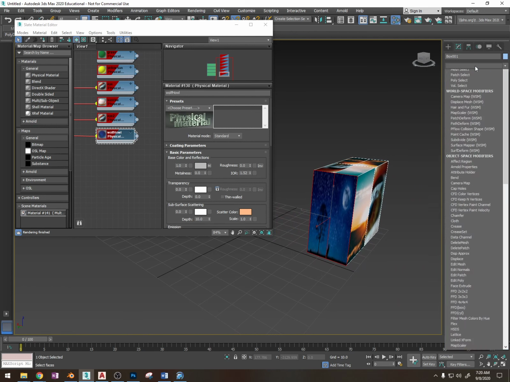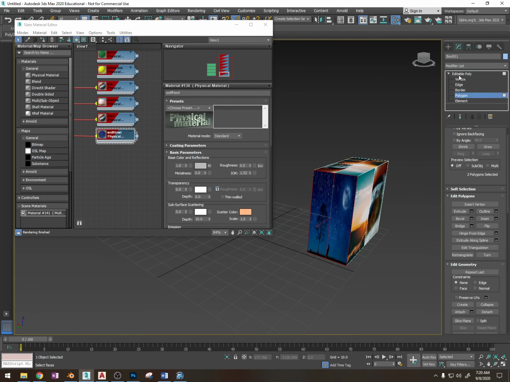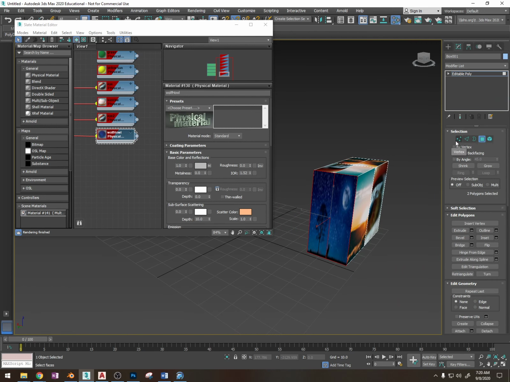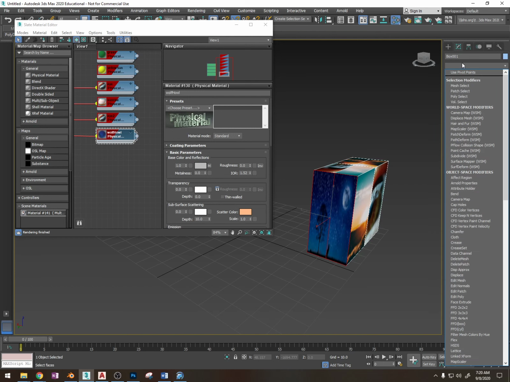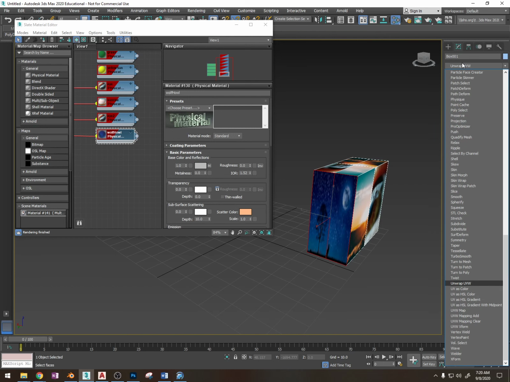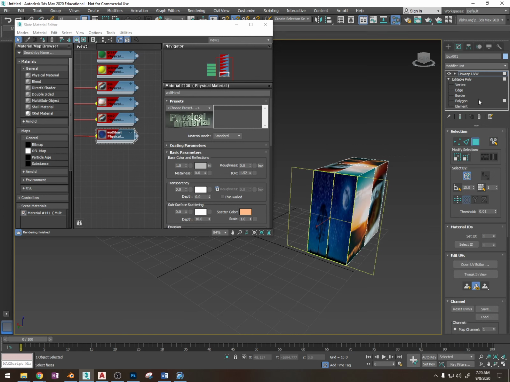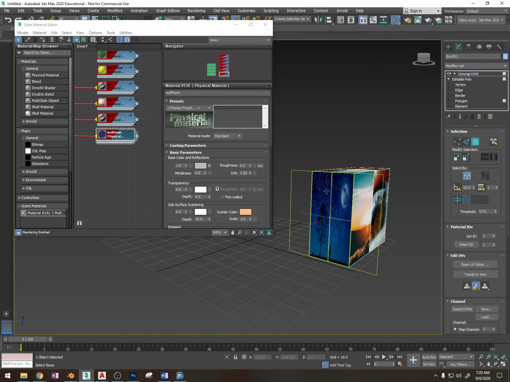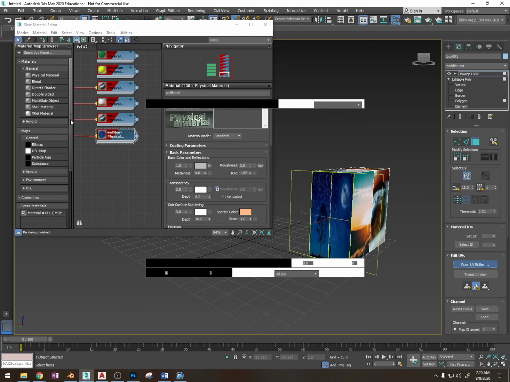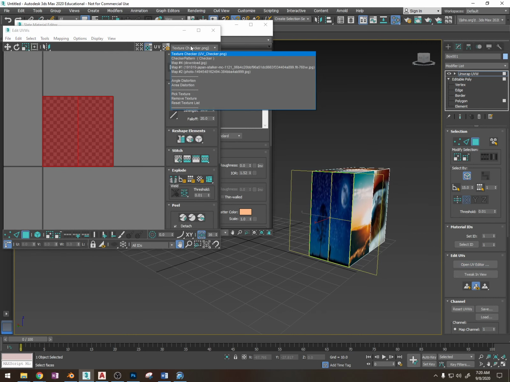And I'm going to go to the modifier list. So how I selected the polygons, I made sure that I was in polygon mode, which is number 4 on the keyboard. Or you can expand the editable poly options and click polygon. I've selected the polygons while holding control, and I'm going to click on the modifier list, type U, unwrap UVW selected, press enter, and now what I'm going to do is rotate these two images so they fit this image so it fits better. So I'm going to open the UV editor, I'm going to activate the picture, which is,